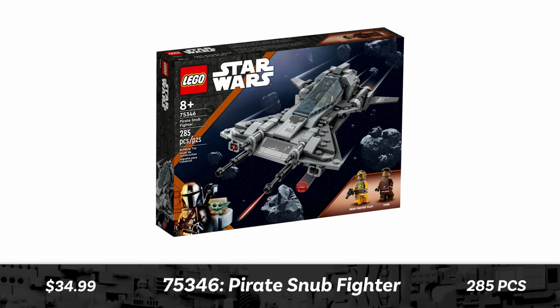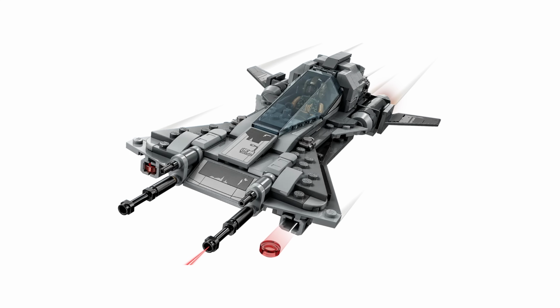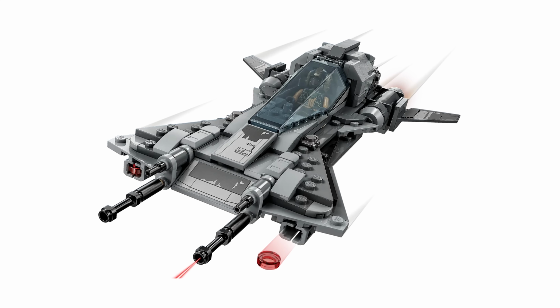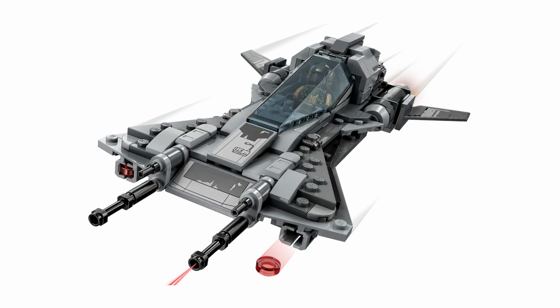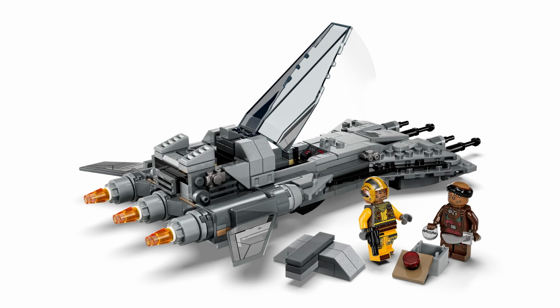Next up, we have the Pirate Snub Fighter. I think it frankly costs $5 too much at $35. However, the build for this set is very, very good, very accurate, and very playable, very swooshable. It had a couple of stud shooters on the front. You could easily fit a pilot inside of it, and you had a little extra crate with some thermal detonators